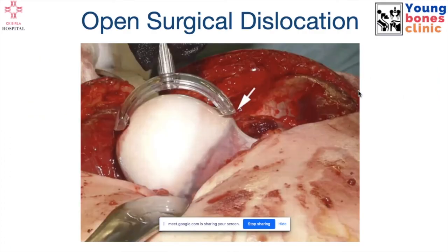Sometimes, if it is symptomatic, if it is affecting the daily activities and the range of motion, we might need to do a safe surgical dislocation and correct the offset. So this is the bump I was talking about. We shave it off from here. We need to preserve the cartilage, shave off the extra bone, preserving the retinacular blood supply flap.